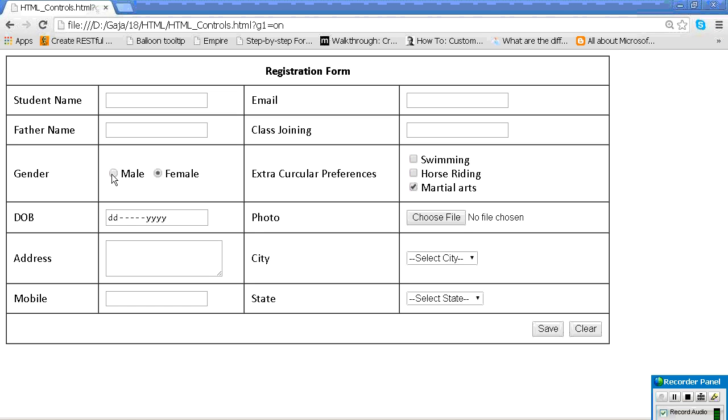If I click on this text box only, male is checking. In some websites, if you click on the text also, it will select. If you observe, try to browse more and more websites. From now onwards, if I click on the female text also, it should get selected. Even here, if I click on the checkbox only, it is checking. If I click on the heading, nothing happens yet. Swimming, nothing yet. Now see, I will link that up with a label. So the control you need to use for that is label.